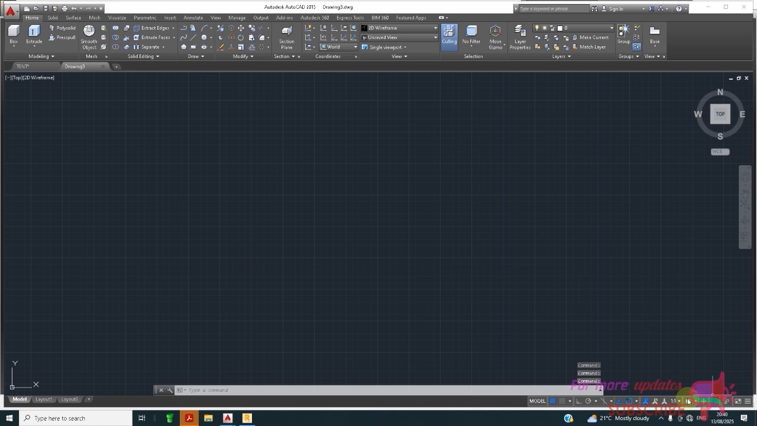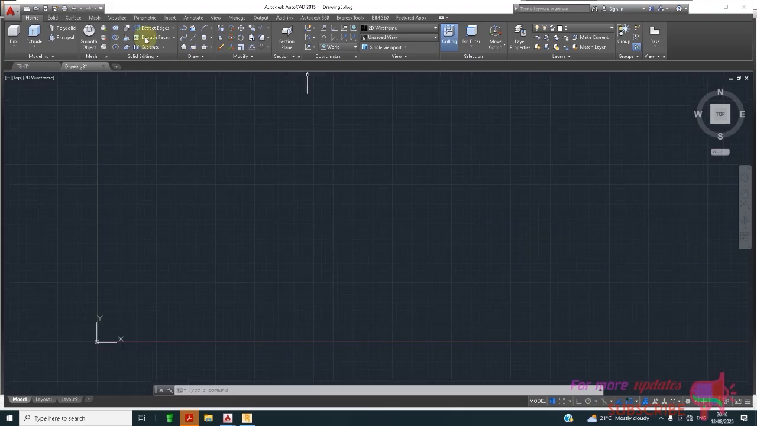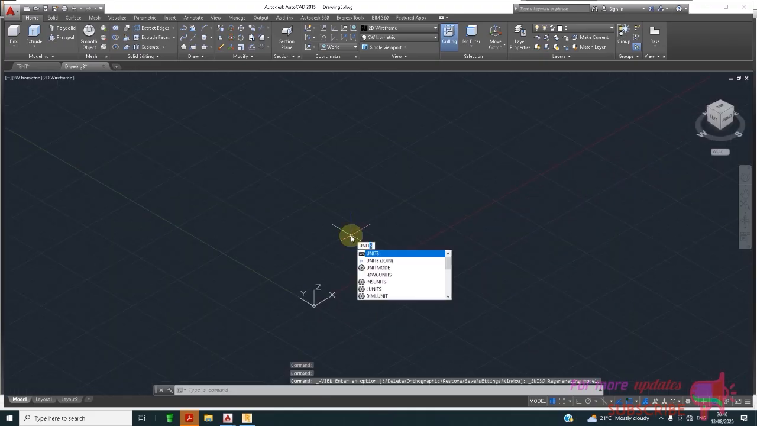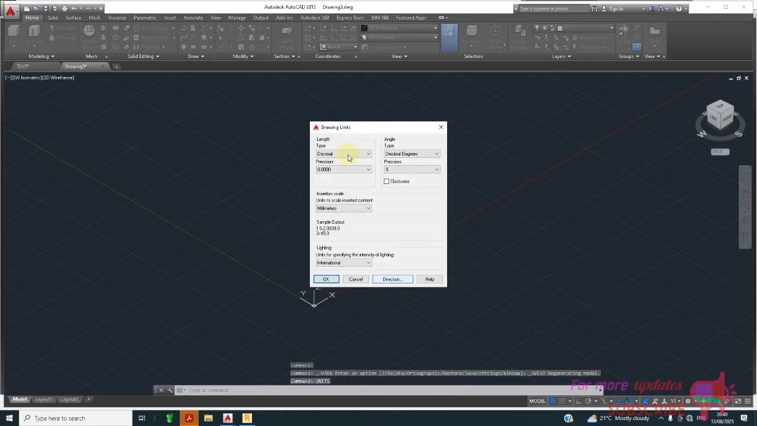So I will make sure that I'm in 3D modeling. I've just started a new drawing. Now make sure that in home you are in Southwest isometric. Then you can just type unit and then click units. Make sure you're in architectural and then precision. Okay, insertion scale, then just leave it at that, then okay,